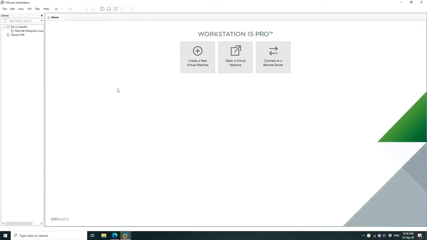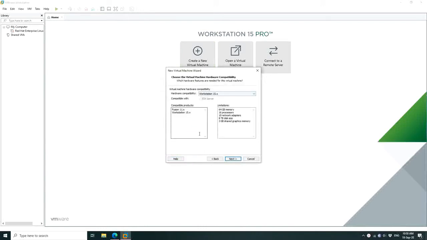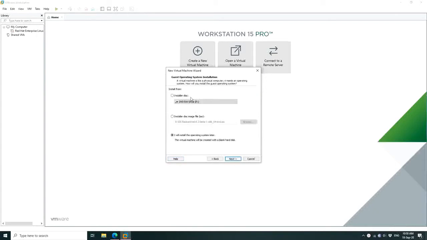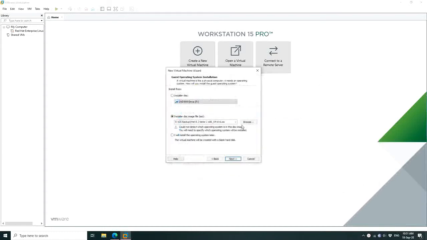For those users who want to run it from VMware, we will configure our virtual machine by clicking on Create a new machine. In this wizard, click on Custom, click on Next, leave the default machine selected and click on Next. Now we will choose the installation method. You can only create the machine and insert the DVD later, but as we have already downloaded RHEL8, I will select image file and click on Next.